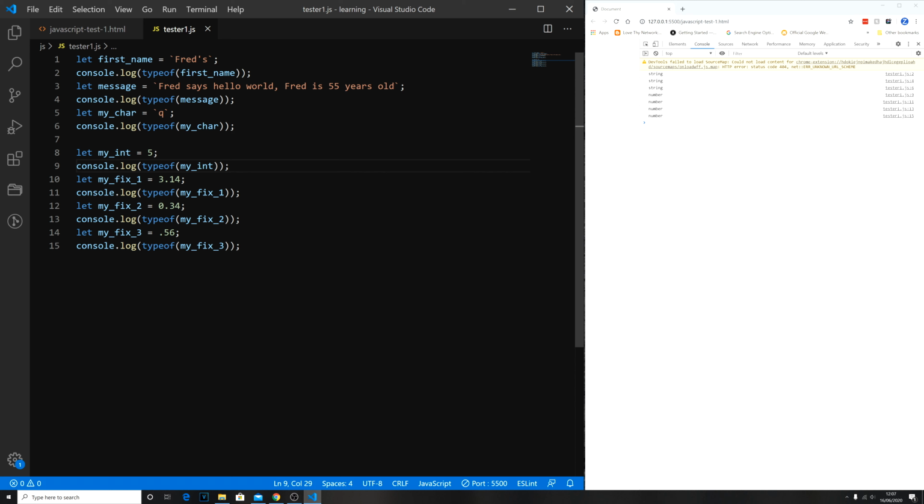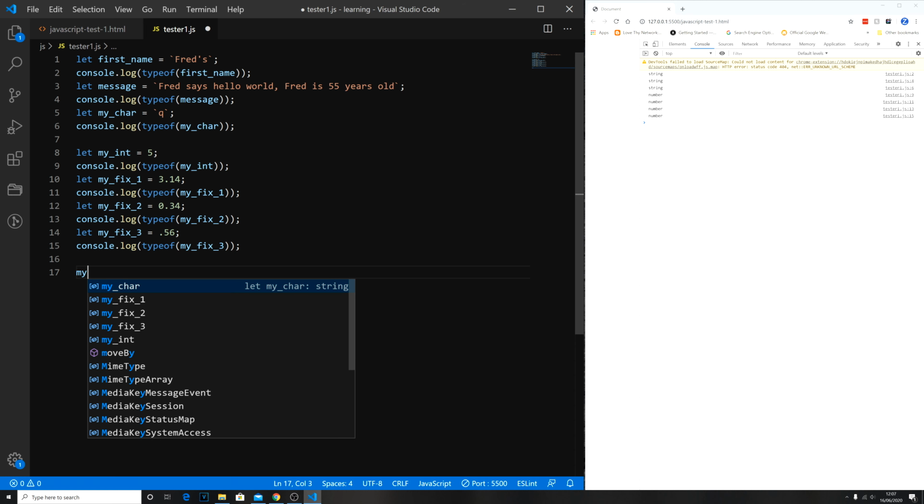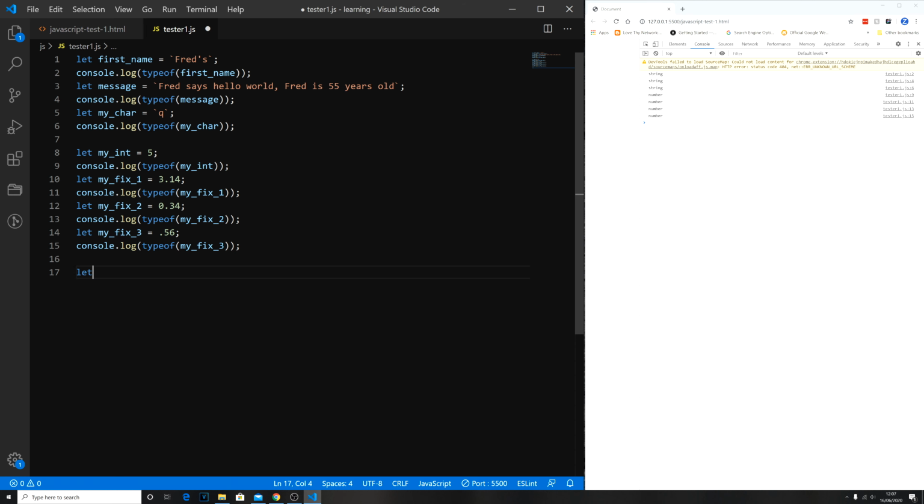Then we have the floating point number, which is perhaps the most complex one out of them all. And it's not complex, it's just that when you see numbers in standard form, a lot of people don't always understand it. Okay, so let's just do the first part. So let my float